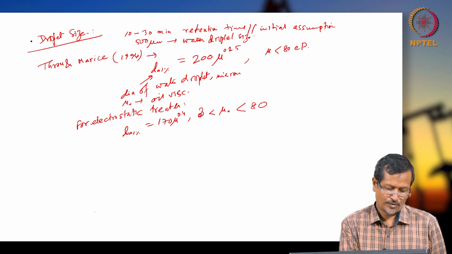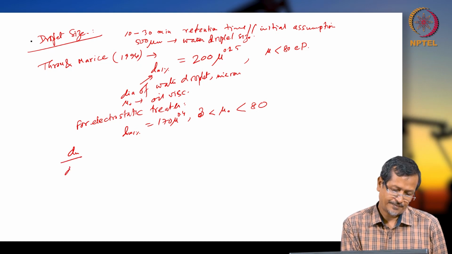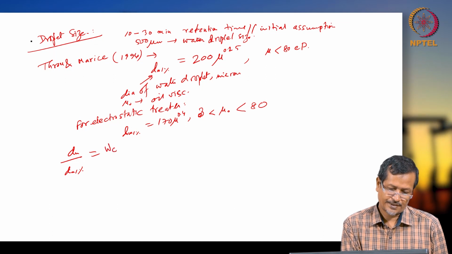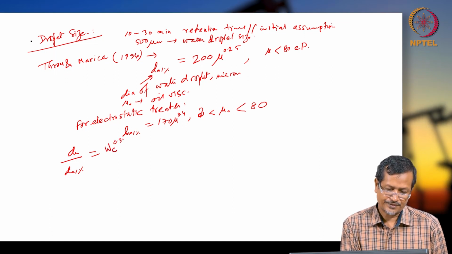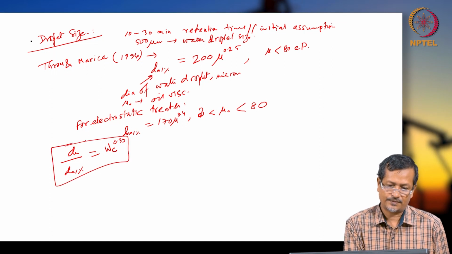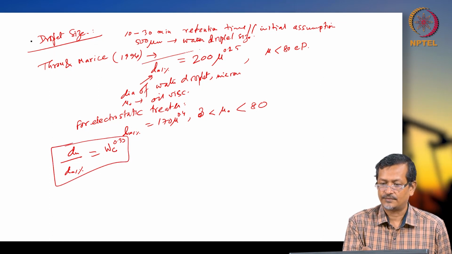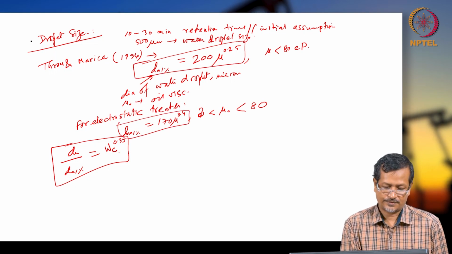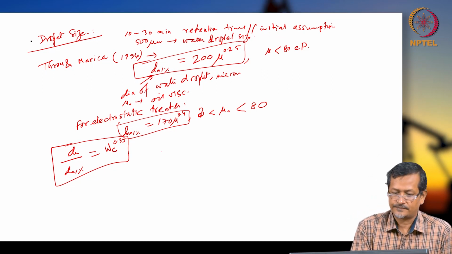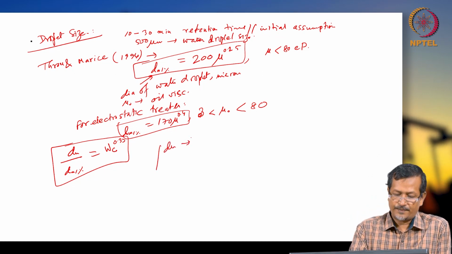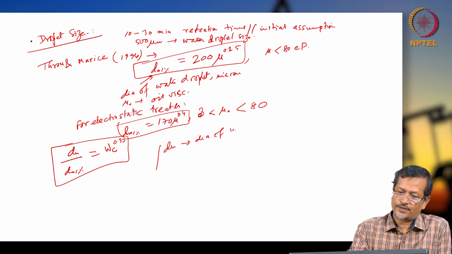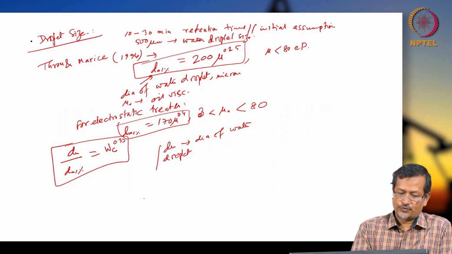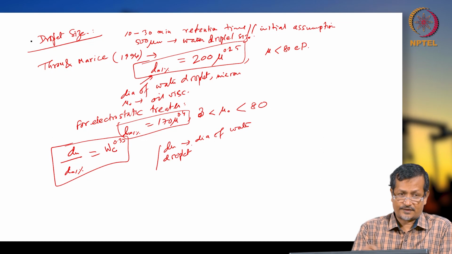So one more formula we have: dm by dm 1% equals water cut to the power 0.33. What is this formula? We can make a box for this formula. Here dm is the diameter of the water droplet to be settled from oil